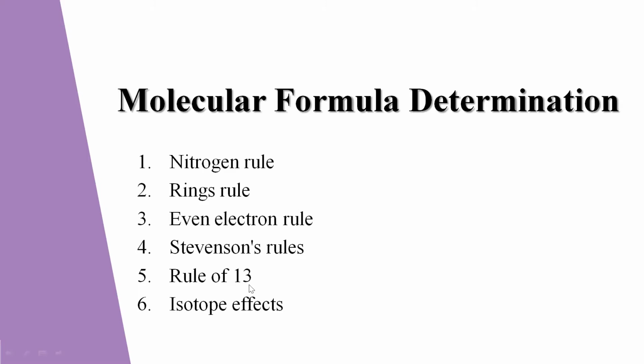The rule of 13 is a simple procedure for tabulating possible chemical formulas for a given molecular mass. The first step in applying the rule is to assume that only carbon and hydrogen are present in the molecule and that the molecule comprises some number of CH units, each of which has a nominal mass of 13. If the molecular weight of the molecule in question is M and the number of possible CH units is n, the formula which corresponds with this is M/13 = n + r/13, where r is the remainder.